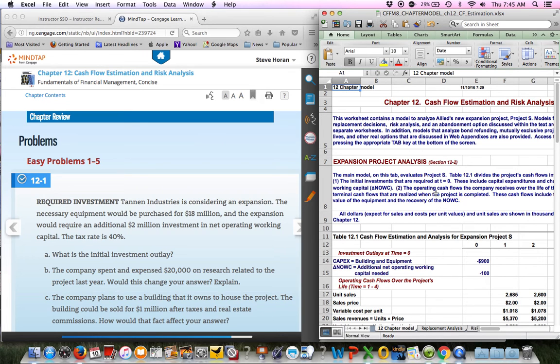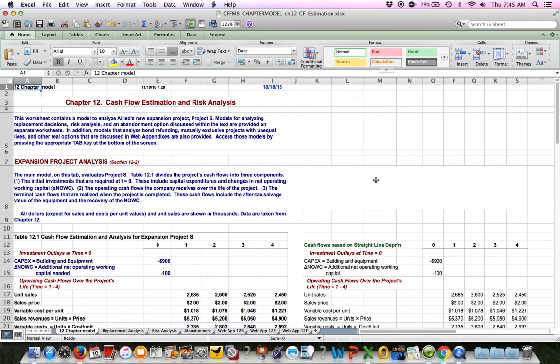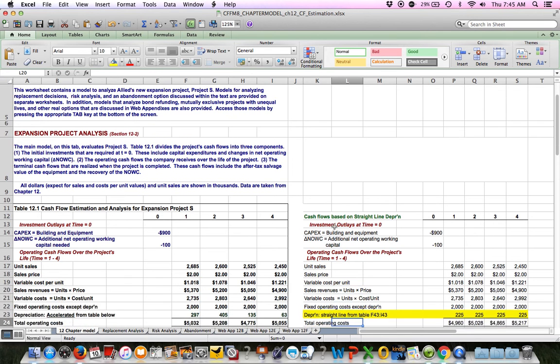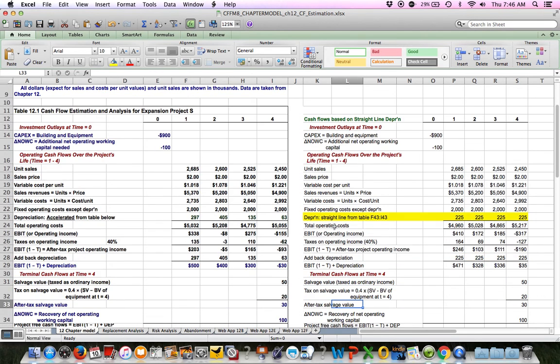They talk about an expansion project and what that would look like. I'll expand that here just a bit. And what that would look like in terms of calculating the cash flows for a particular project. On the left hand side, they walk you through how to compute the cash flows. So think of it as an income statement that you're turning into a cash basis by going through what the cash flows are, with the revenues less all the costs that go into producing something, getting your EBIT,